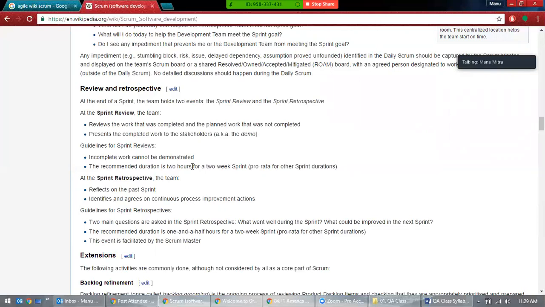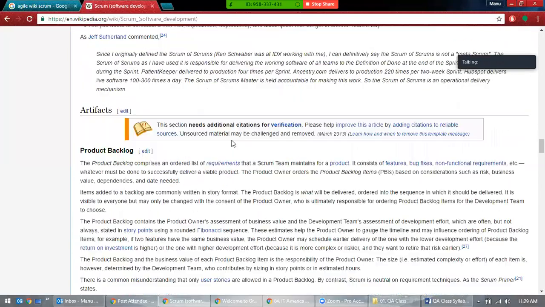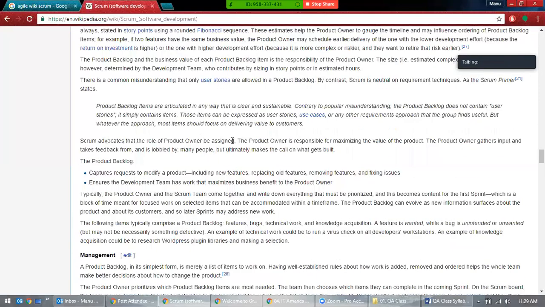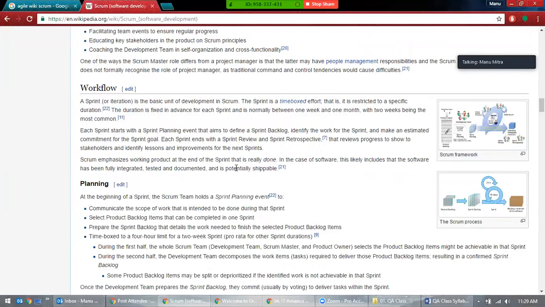That's what you discuss in the sprint review and retrospective. These 3 things.